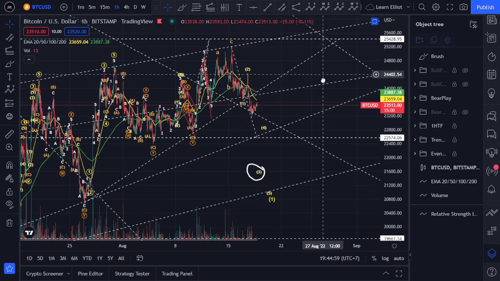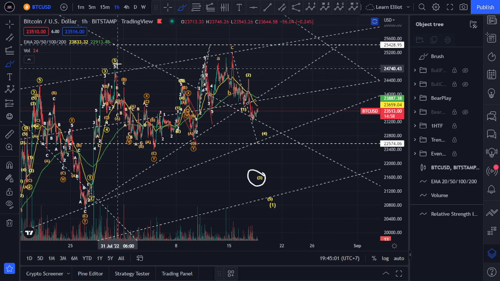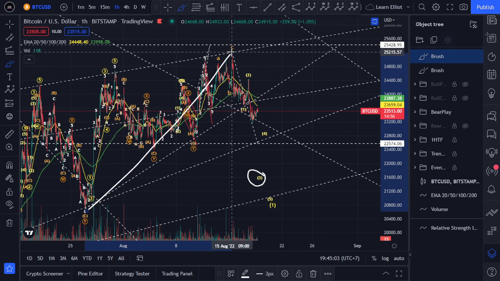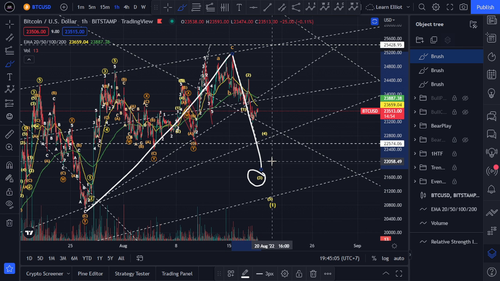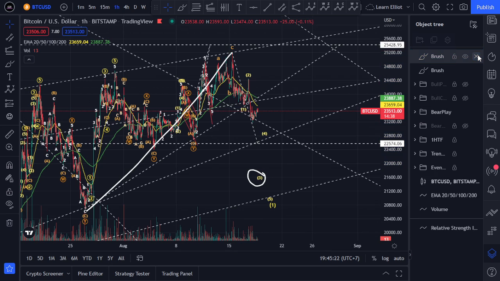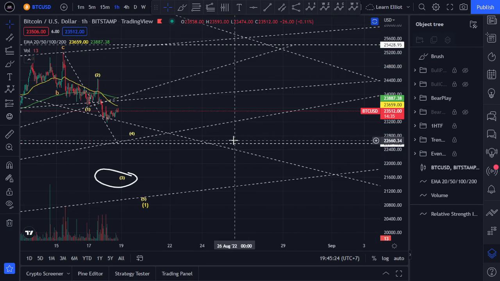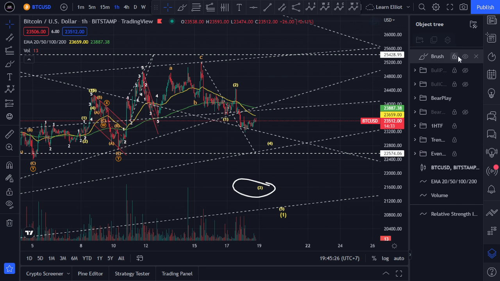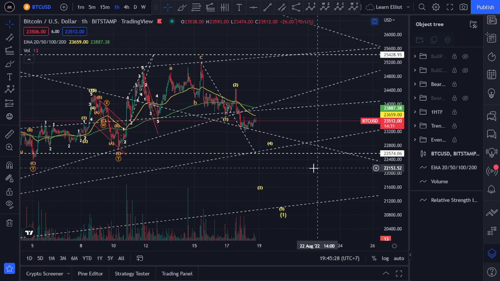in the bull case scenario here we are still able to count this as our first impulsive wave, and this is the corrective wave. So with that being said, it's not going to assume that the bull case scenario cannot be in play again, but it's just considering recalculating the wave count. So that's my perspective for Bitcoin here for the